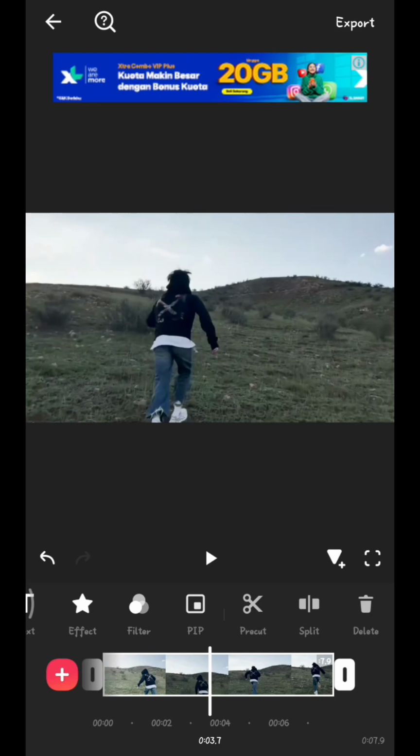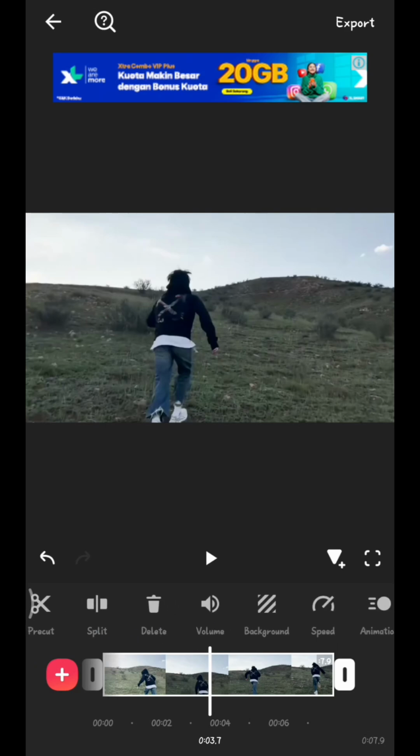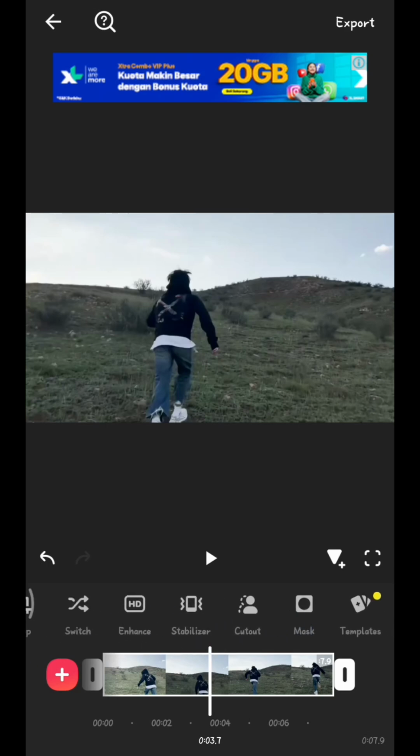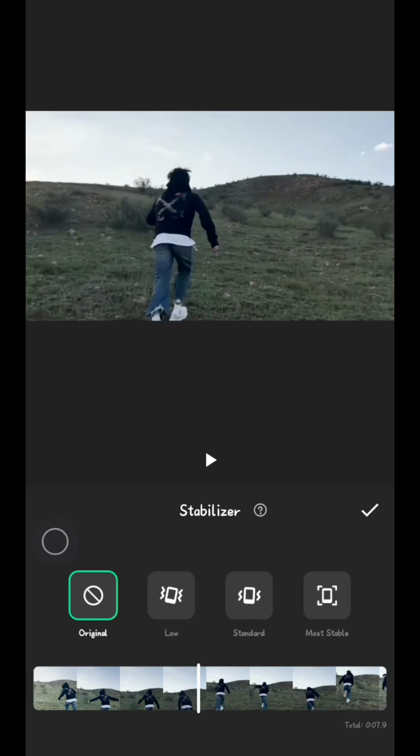And then next, just tap on your videos like this, and then just scroll to the tools and search for stabilizer. This one, just tap on it. And then InShot will give you three options. It has a 3-level stabilizer that you can choose,